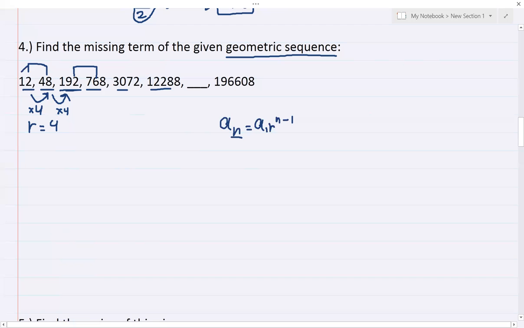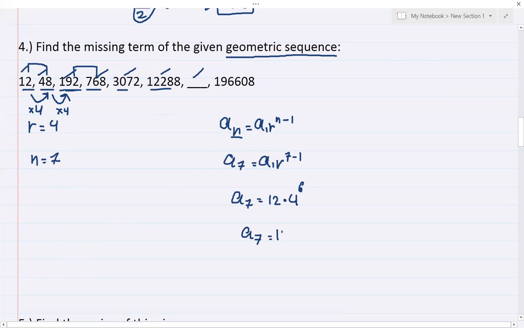So this is your first term, second term, third term, fourth term, fifth term, sixth term, and the seventh term. So that means your n is equal to 7. So you will have a sub 7 is equal to a sub 1 times r raised to 7 minus 1. That's it. Now let's substitute. Your a sub 1 or the first term is 12 times your r is your 4. Then 7 minus 1 is 6. That's it. So 4 raised to 6